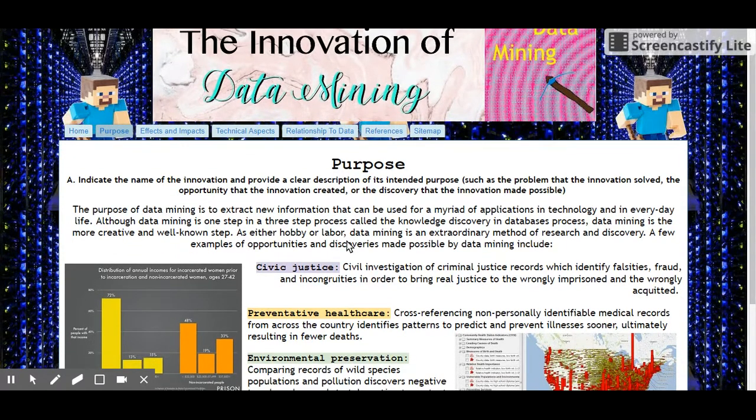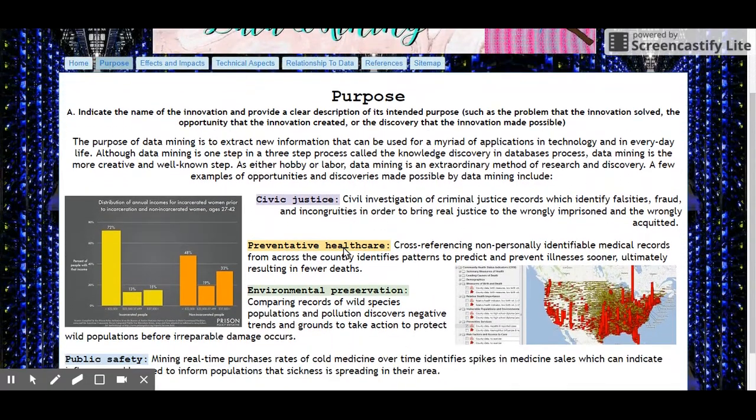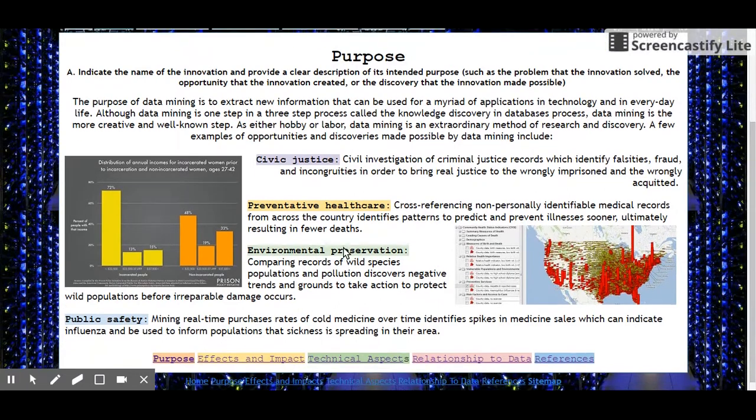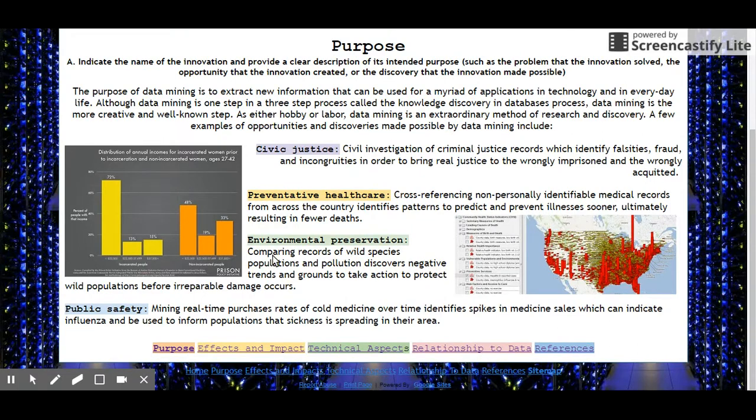It might surprise you just how many applications data mining can have. Technologically, data mining can help the public check if government is functioning fairly. Using a large database, like a public database of criminal records, anyone can use data mining to find patterns in the data, such as the graph to the left. The graph shows most incarcerated women are poor. The information could be interpreted further to find if this trend is valid in a larger scope.